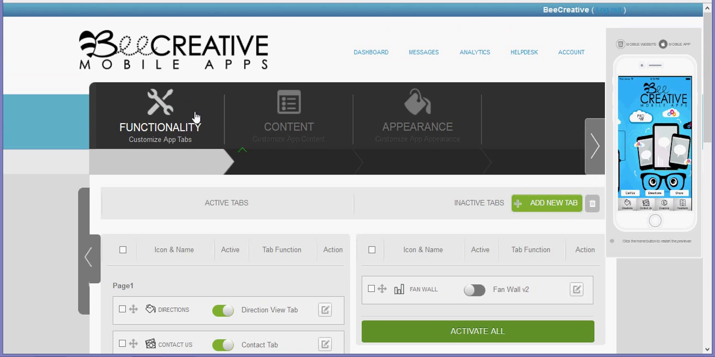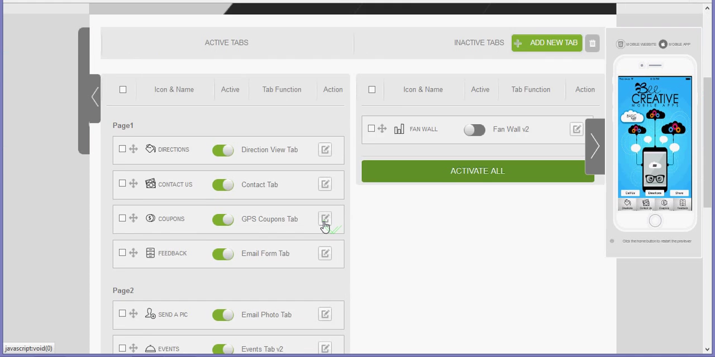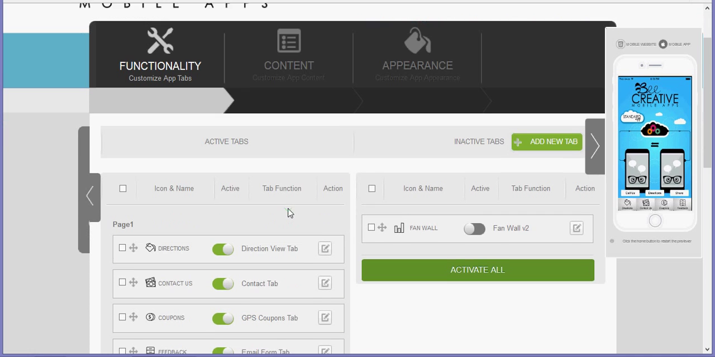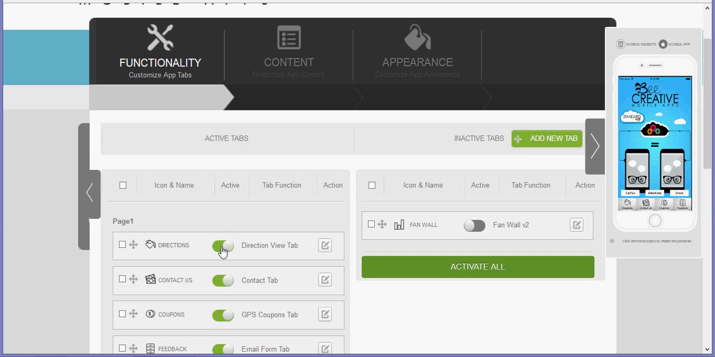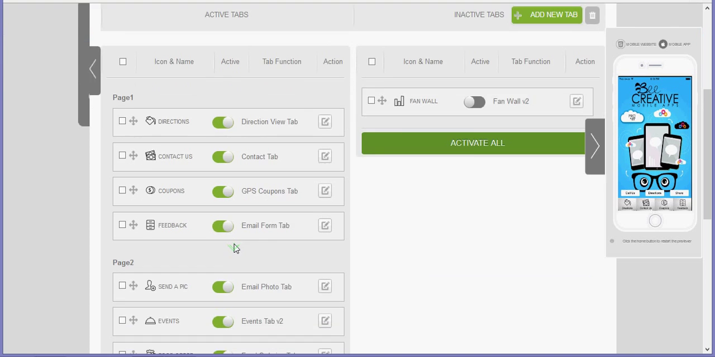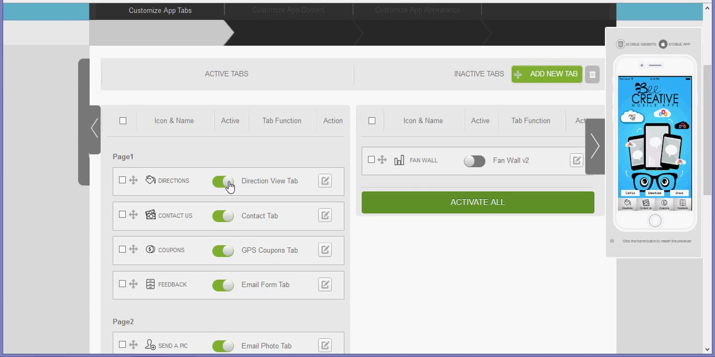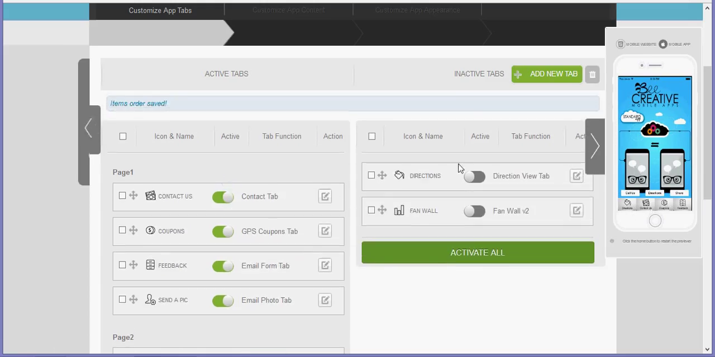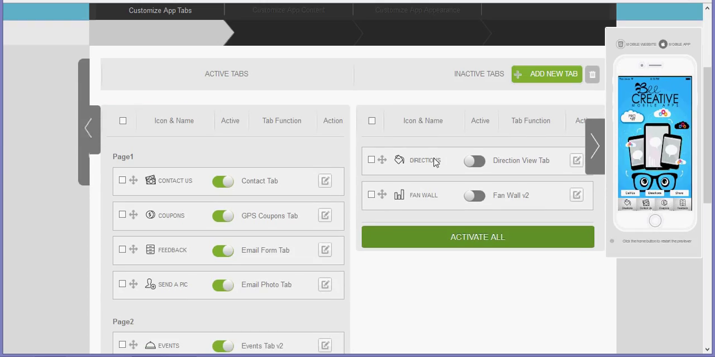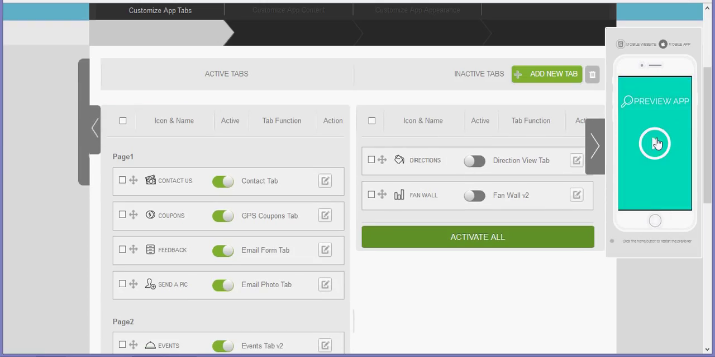Now from the functionality section, we can add a new tab, which essentially adds a new function into our app, or we can edit or remove active tabs that are already here. So say for instance the direction view tab. If we had no use for that anymore and we didn't want it showing up on the front page of our app or anywhere in our app, just click this green slider. It slides over here to the inactive tabs list right here, and then when we refresh this app preview,